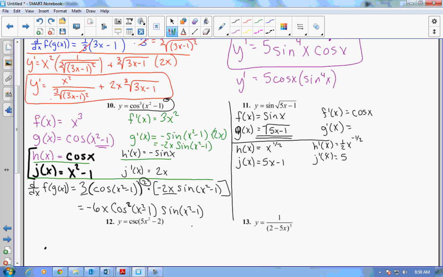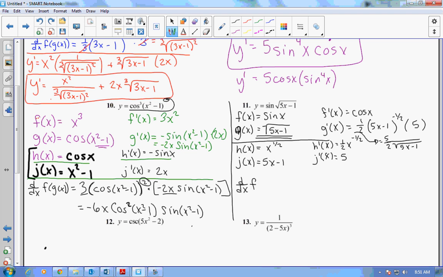So now you can do g prime of x. G prime of x was h prime. What's h prime? 1/2 x to the negative 1/2 with j stuffed inside times j prime, which would be, we could also say this was equal to 5/2, and you can even put square root 5x minus 1. Okay, and the last part,